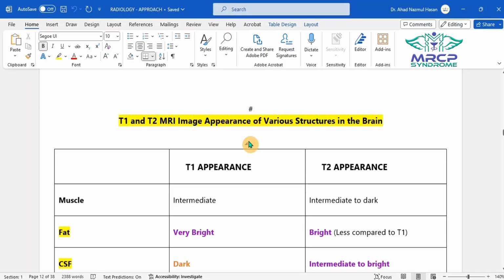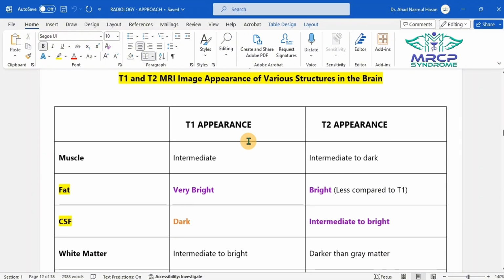So next one is the chart. The T1 and T2 MRI images appearance of various structures in the brain, and you need to memorize this chart for proper diagnosis. So what should be the color of fat component in T1